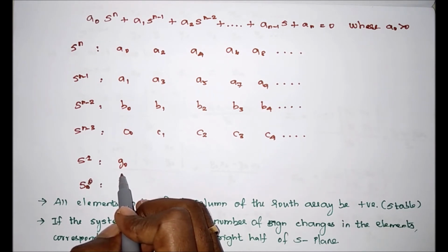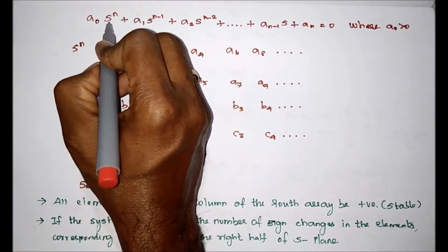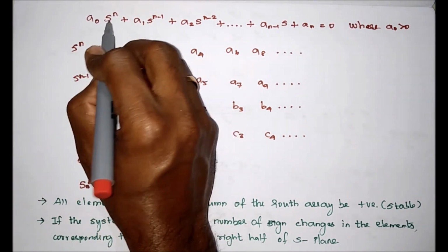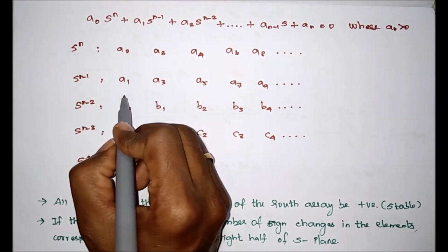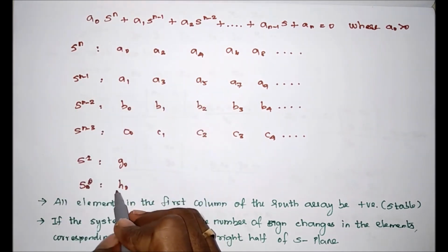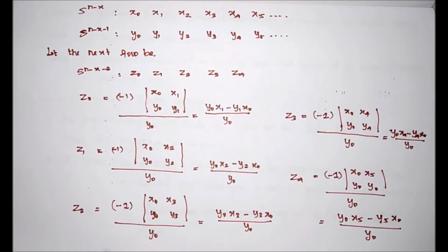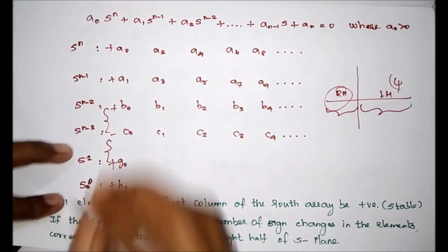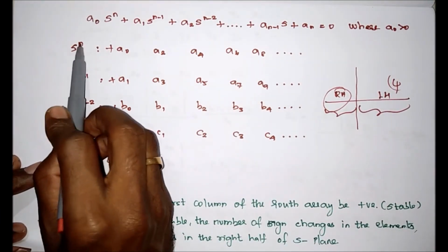So it is an unstable system, and the remaining roots are lying on the left half of the S plane. For example, if it is s power 6, finally we will have 6 roots. Suppose all are positive, which means all 6 roots are lying on the left half of the S plane. From the characteristic equation we can write the maximum s power,